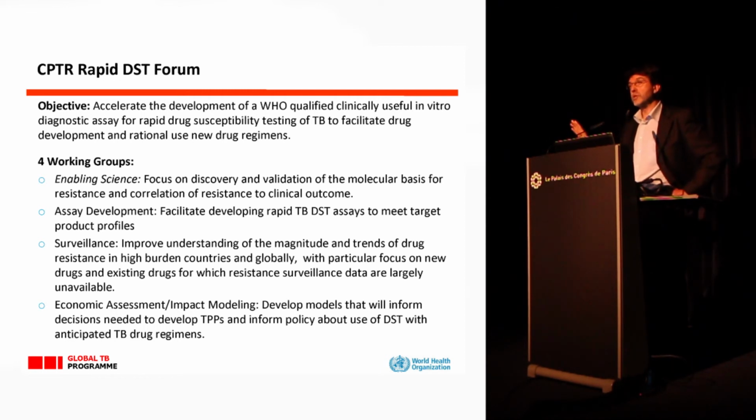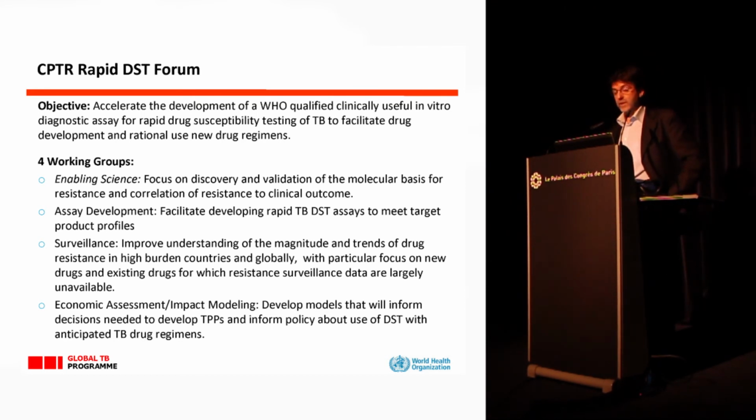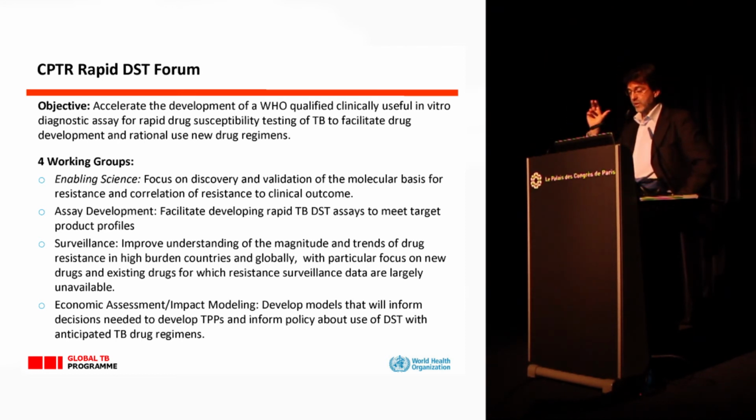There are 4 working groups which are working in parallel. The first is called Enabling Science, which focuses on discovery and validation of the molecular basis for resistance and correlation of resistance to clinical outcome. The second is assay development, for developing rapid TB-DST assays that meet the target product profile. The third is on surveillance, in order to improve the understanding of the magnitude and trends of drug resistance in high burden countries. And the fourth is economic assessment and modeling, to develop models to inform decision making in terms of target profile and potential policy